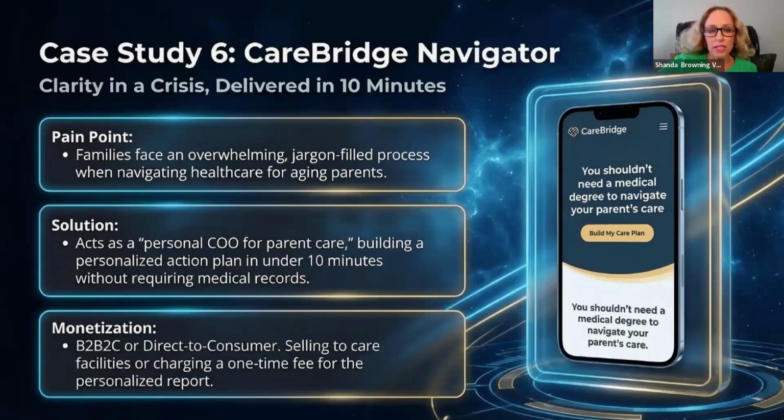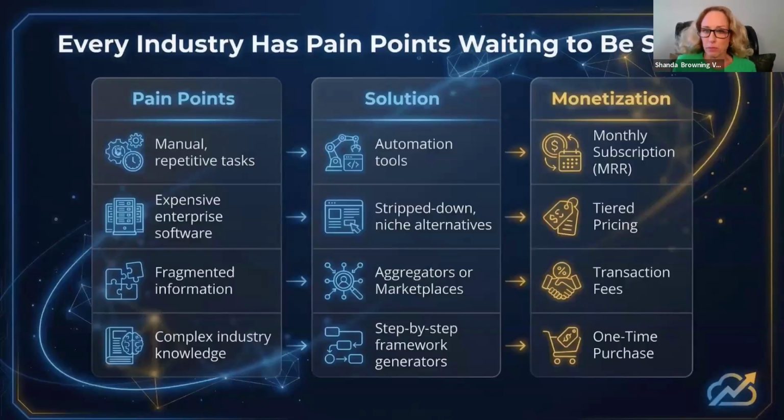So this is another example. Every industry has pain points that are waiting to be solved. Those can be anything as simple as, like I gave the example earlier, recipes. Another example is I created an app for family members so that we can put all of our family recipes inside the application and share them amongst each other. And then I also shared about the campus pages, which was to solve a problem for our daughter who is in college, and she said that she and a lot of her other